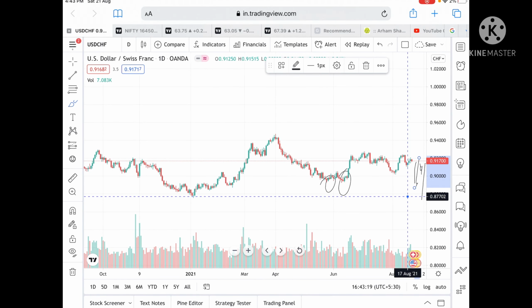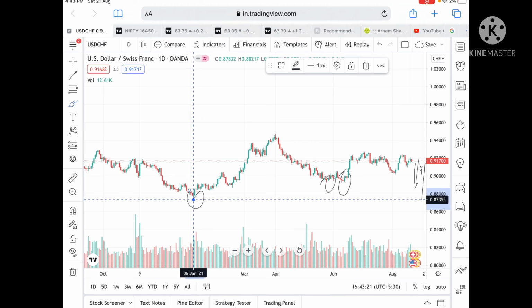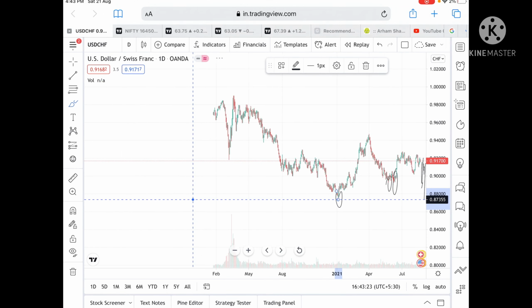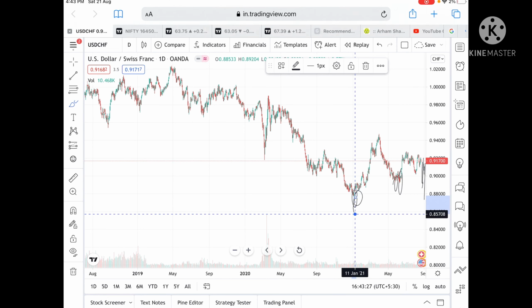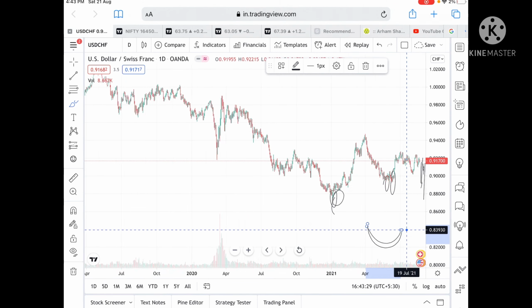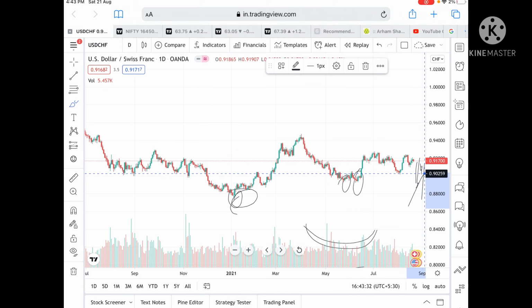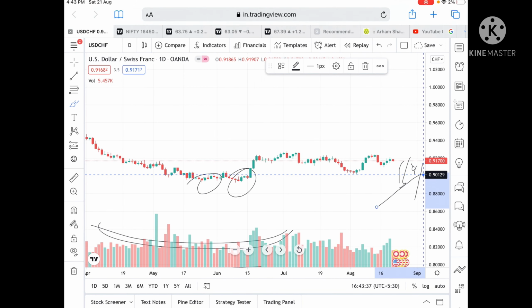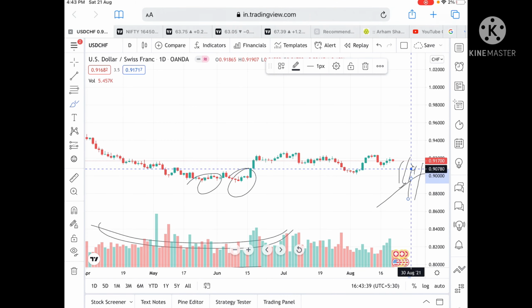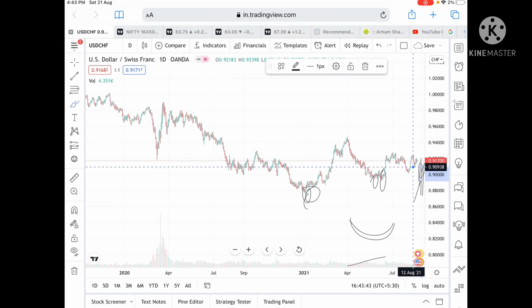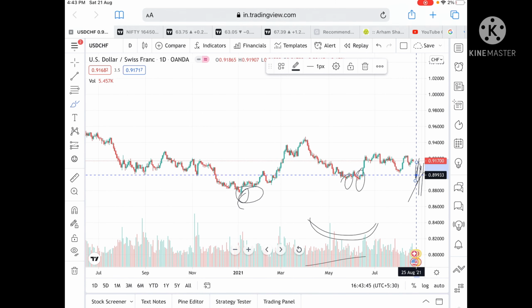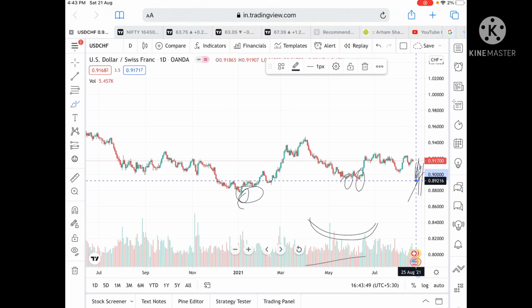Because this level is only tested once here. If we go on a more narrow range, then we can see, yes, this is the low range, so chances will be very high it can bounce back from this level. If it goes below a level of 0.91029, then as of now I can see that if this range breaks downside, only then can it touch a level of 0.9125, and from there it can touch a level of 0.829.